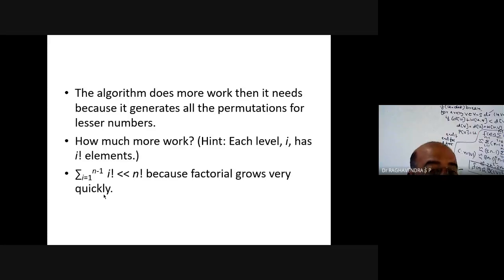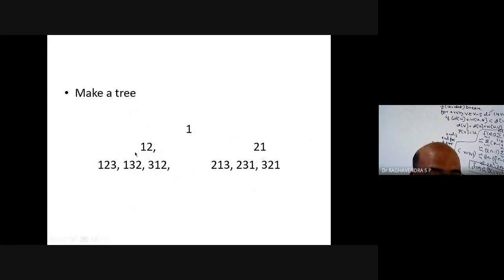For example, if you consider the tree here, we have 1 factorial, then 2 factorial, which is 2, then 3 factorial, which gives 6 numbers. 3 times 2 is 6. We have 1, 2, 3, 4, 5, 6. So level 1, level 2, level 3. In level 1, 1 factorial means only one value. Level 2, 2 factorial means 2 only. So first number, second number, and this is 3. 3 factorial means 6: 1, 2, 3, 4, 5, 6.